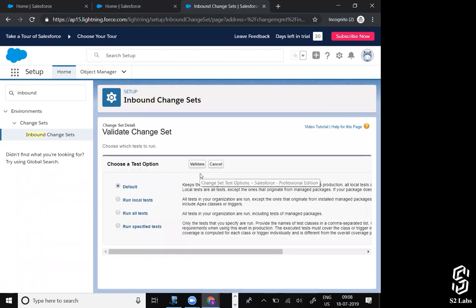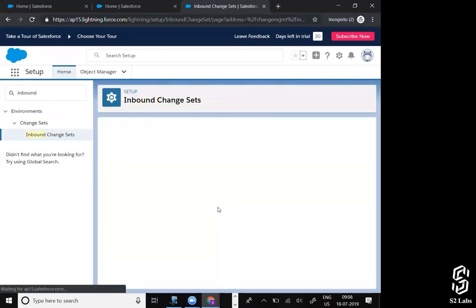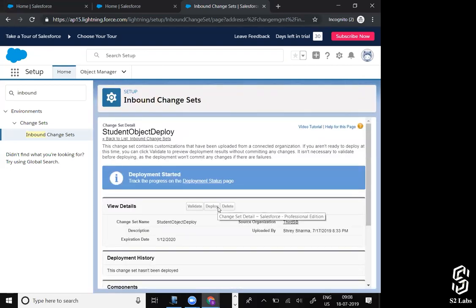The validation is basically making sure that if you deploy it over here, will it get deployed or not? It's more about when you're deploying the classes or the code, all the test classes or test cases that have been passed with it will get executed over here, and that's what you select in here. So you just validate, and it's not compulsory to validate. Even if you don't validate and you start deployment, it will automatically validate it.